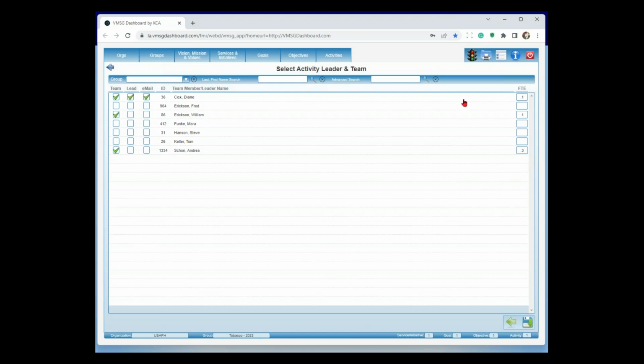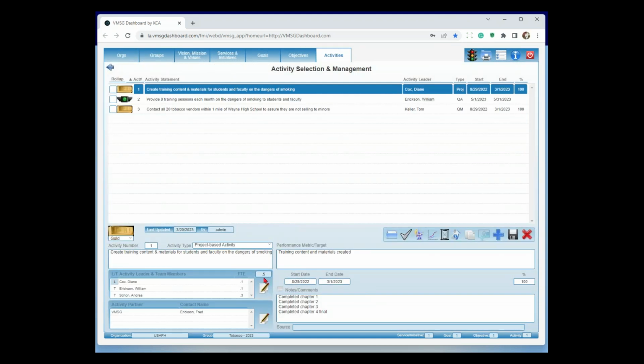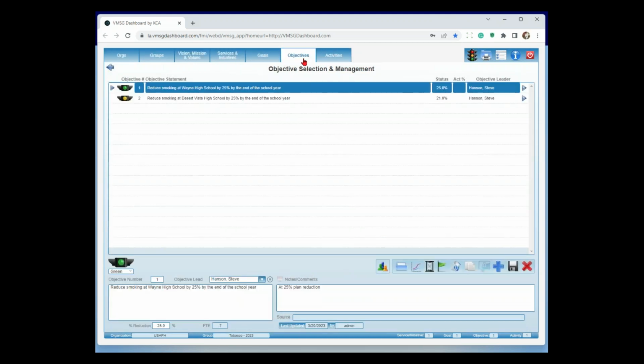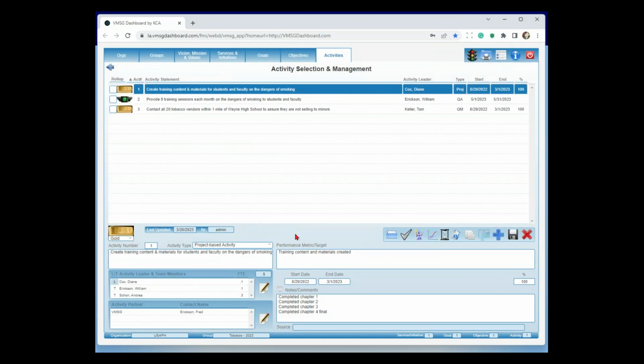So what we can look at is how much does this cost at the activity level in this case. So if I go back to my activity, you'll see down here it says it's a 0.5 FTE for that particular activity. If I take all three of these activities and roll them up to the objective to reduce smoking down here, it says it's a 0.7 FTE. So it just gives you the ability to figure out how much this is going to cost you in human resource to get there.